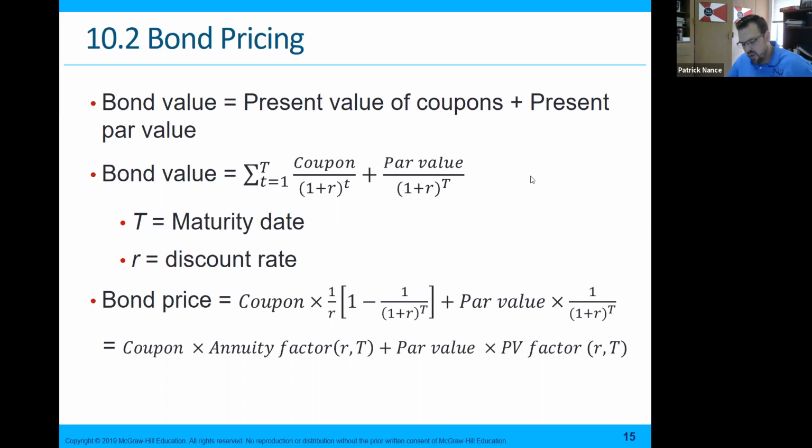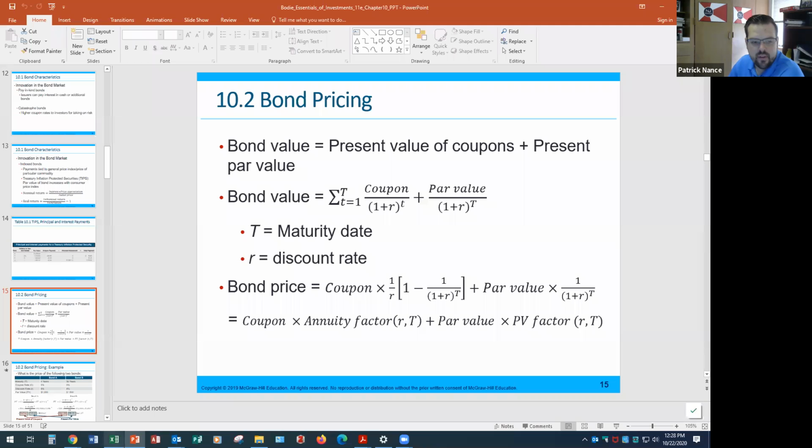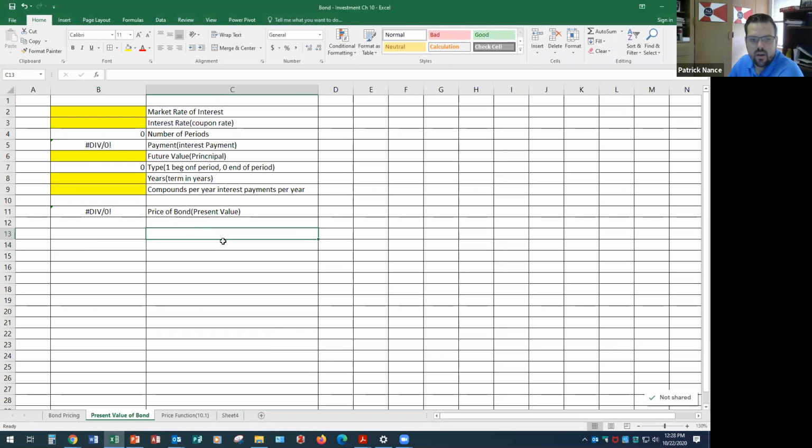Okay, so now we're going to talk about bond pricing. A bond has two parts to it. It's got the coupon and it's got the par value. So the way that a bond would work is, let's say, for example, I had a bond, let's